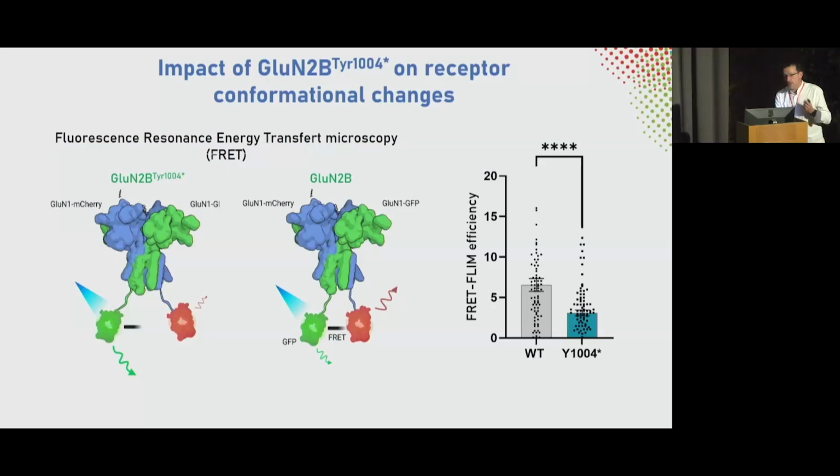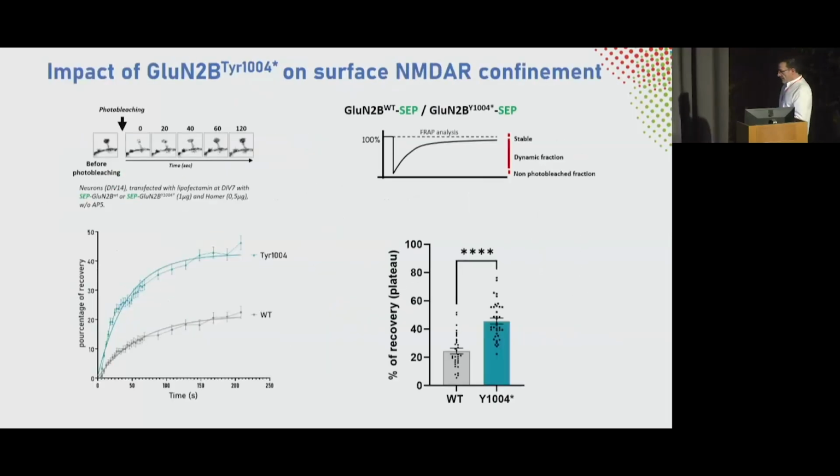To go a little bit deeper again into the molecular mechanism, we analyze if the receptors at the surface of the neuron are stable or if they are confined at the synaptic level. To analyze that, we use fluorescence imaging. So usually what we do, we transfect the neuron, and usually the GluN2B subunit is accumulated at the synaptic level. So you can see activity and fluorescence at the synaptic level. So we will destroy this fluorescence. You remove the fluorescence by using a laser.